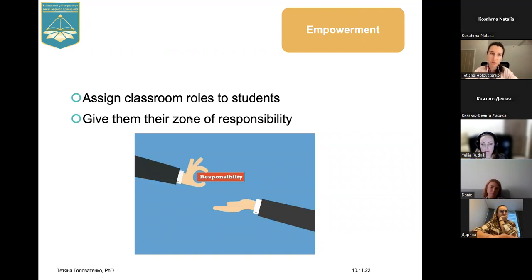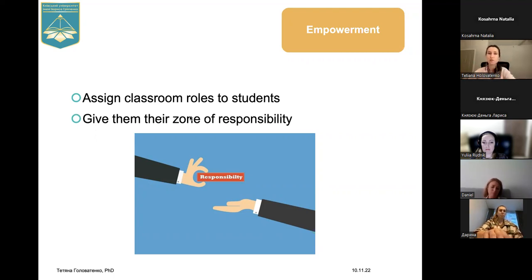The next technique is empowerment. We talked about that before, but then again, it's very important to give your students a piece of responsibility, their zone of responsibility in your classroom, and assign classroom roles for your students, either online or offline. Discuss those roles with them. It will help them feel cared for, cherished, and important for a group of people around them, and it will also help them understand that those bad things around them are not the whole life.